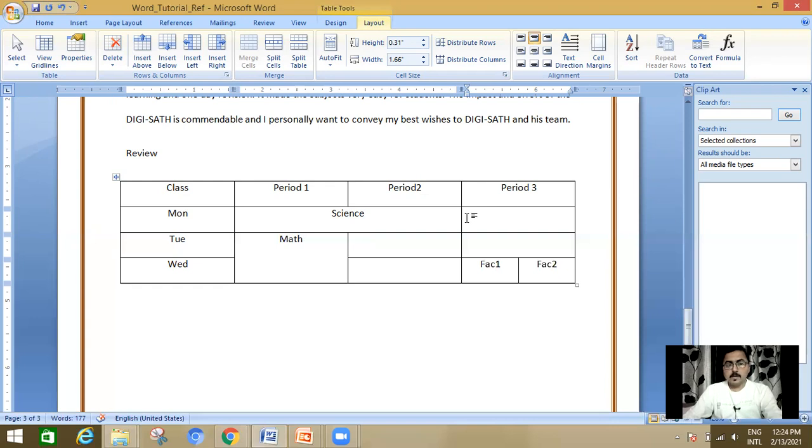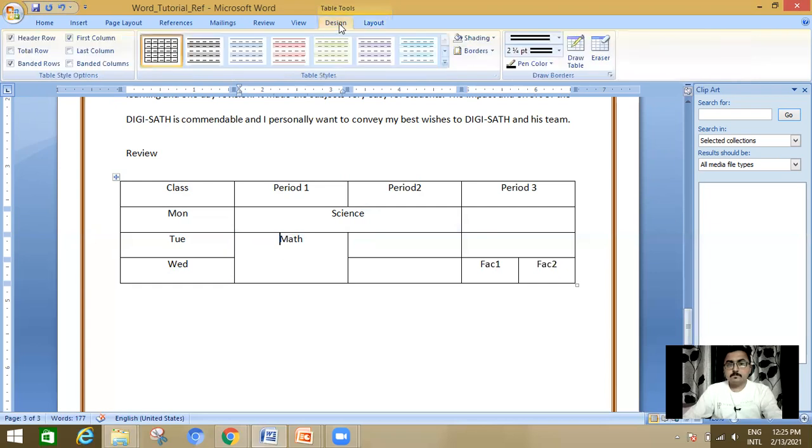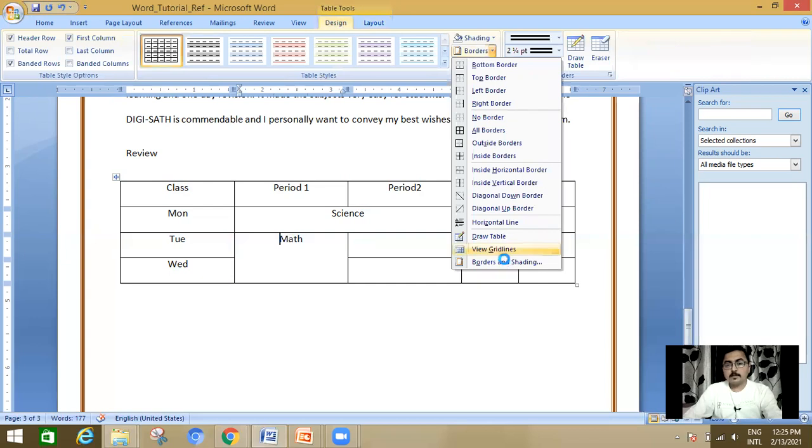Okay. Other than this, you can change the border of your table. So how should it be done? Click on the table. Okay. Go to the design tab. Click on borders. Go to the border and shading properties.